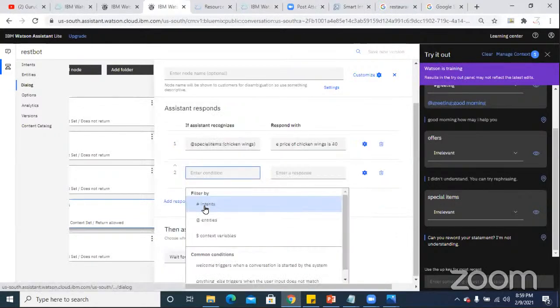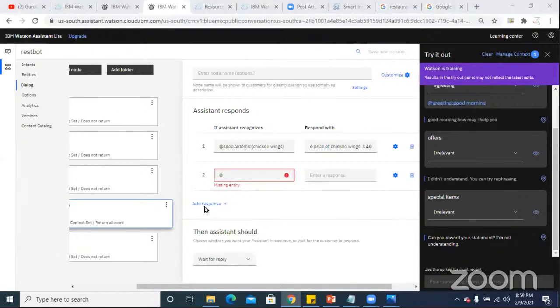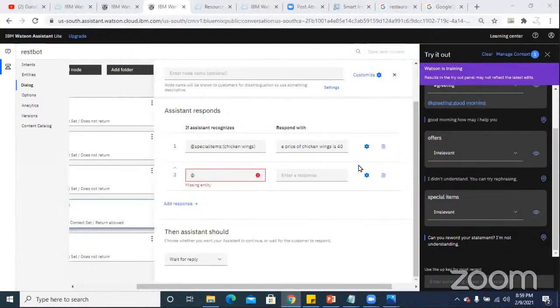No, you cannot add it in the new entities for us. The reason is you are taking the input from the response. So that response should be triggered in the next node, and that next node should be the child node. You cannot directly give it in the same node. If so, it will keep on searching for the special items from the start itself. All right,